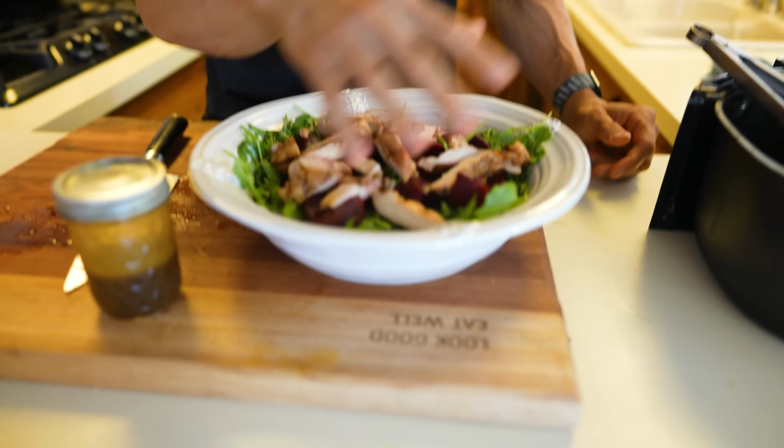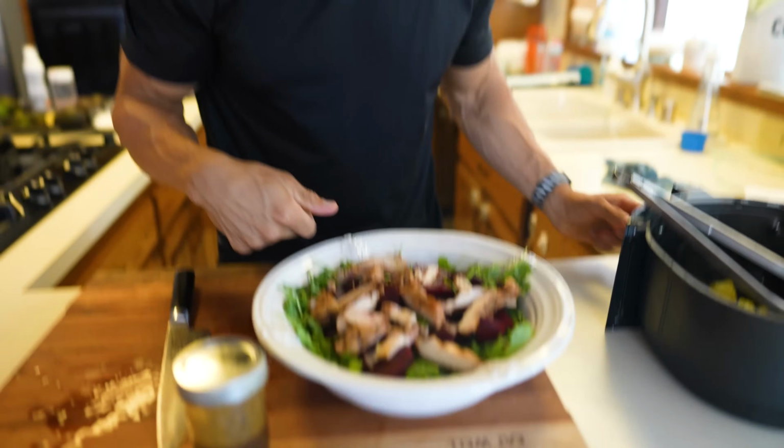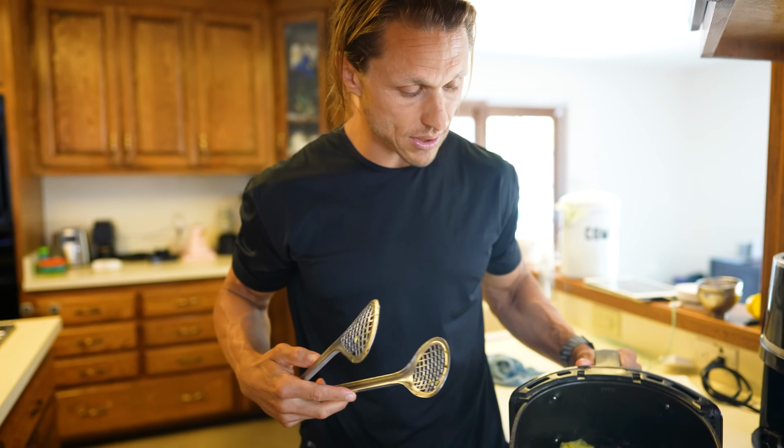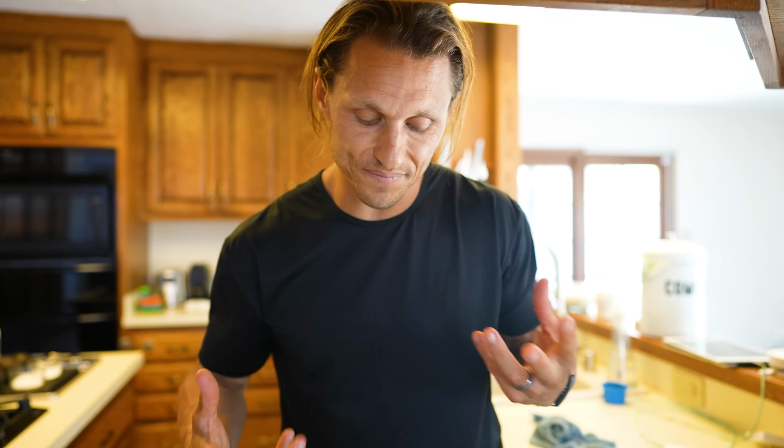It's gonna go on top of this bed of lettuce, arugula with beets, sliced up organic chicken. And then this yellow squash that was cooked, I'm gonna let that cool all the way down to room temperature before I put it on top of here, because there's nothing worse than hot vegetables on a cold dish. It's gonna get things wilted and not the best texture. So I'll let that cool down for a while, and then right before eating it, I will dress it up